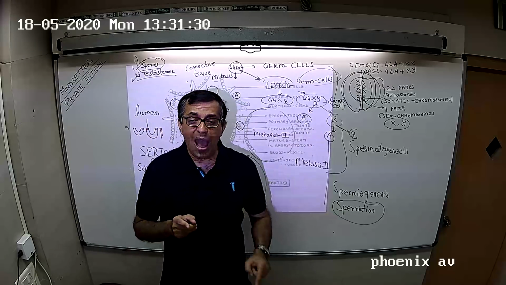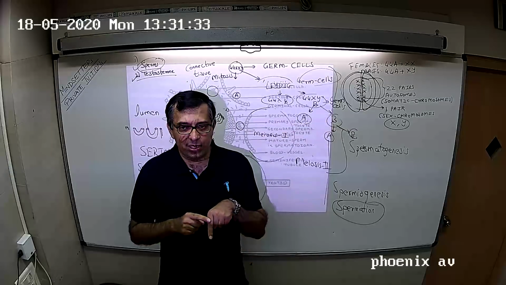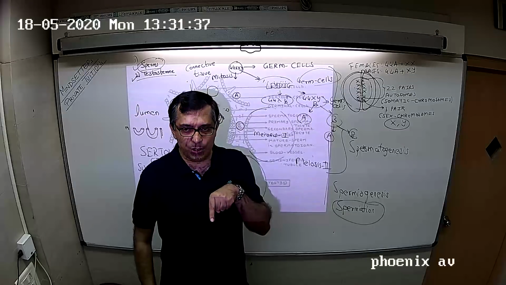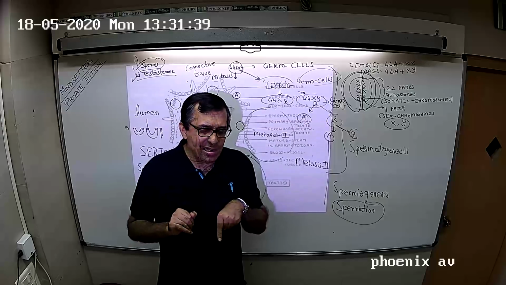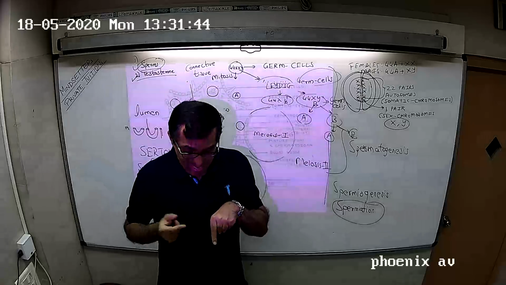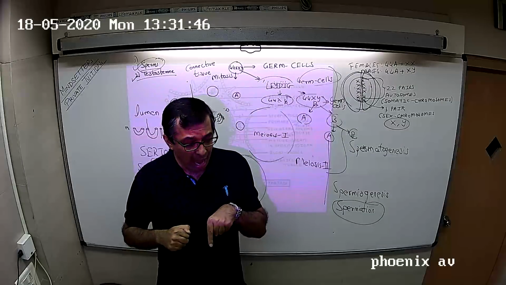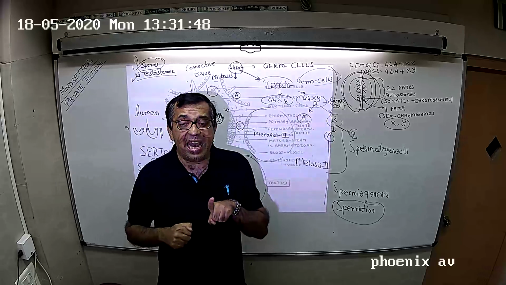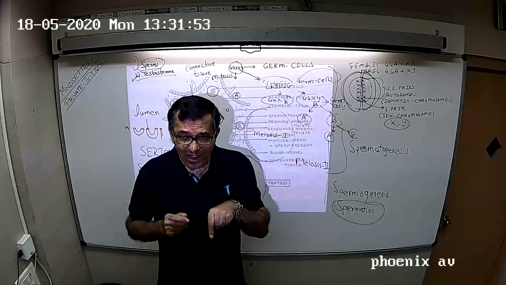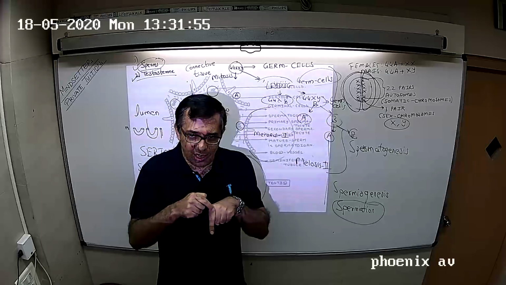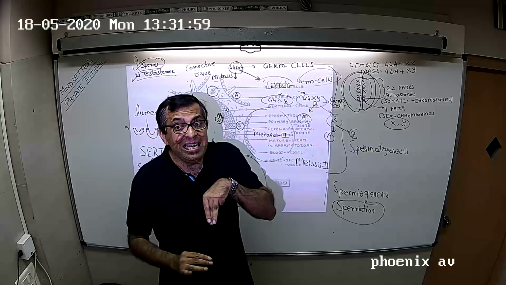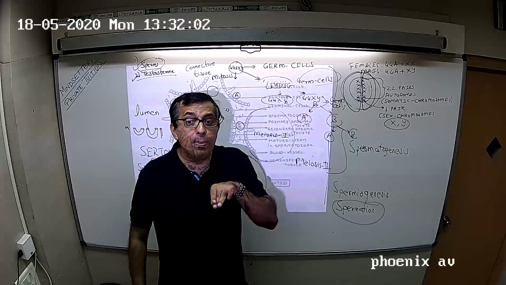Testosterone also acts on the penis, and the length of the penis will increase. In a child, the penis is only for passing urine, micturition. But now he has reached puberty, he will soon have an erection, and after erection, ejaculation. For that, testosterone acts on the penis, and the length of the penis will increase so that a proper erection